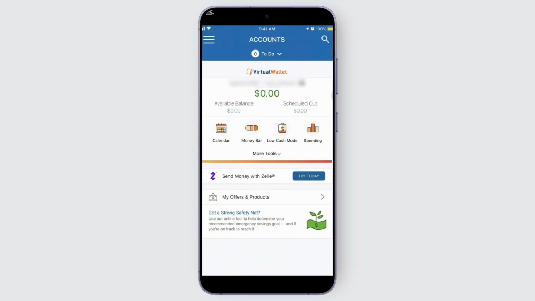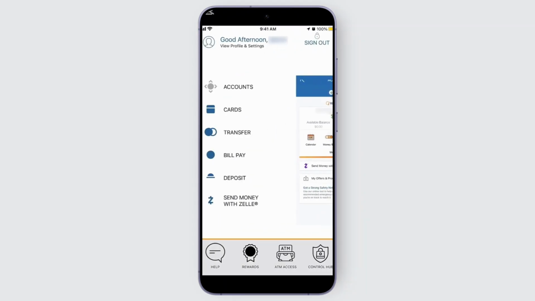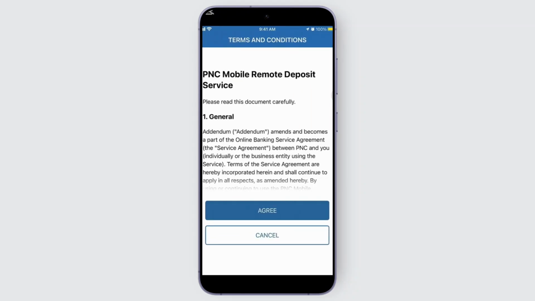So in order to deposit a check using the app, you can go ahead and locate this option at the top left corner of your screen, the menu bar. You can tap on the three horizontal lines to open up a menu, and this pops up. So from the given menu, you can head over to the deposit service, tap on this deposit option, and from here